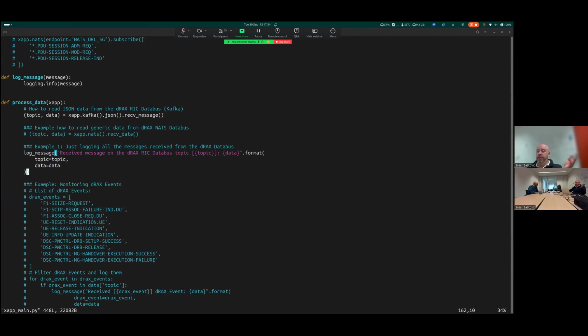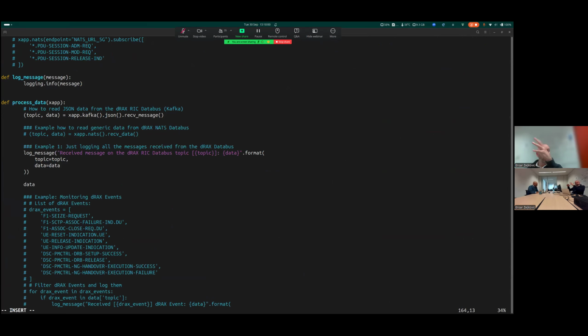If I look at this xApp main Python file, all those messages that are coming in are stored in this data variable, and from this point on, you do something with that data variable, right? From this point on, you can really be a data scientist that is just looking at the data, analyzing it, and creating some kind of algorithm around it. That is also one of the first examples that we always show. Very easy to use, very easy to get into the development of the xApp, and one of the first examples is receiving data, which is one of the crucial things that we have to see.